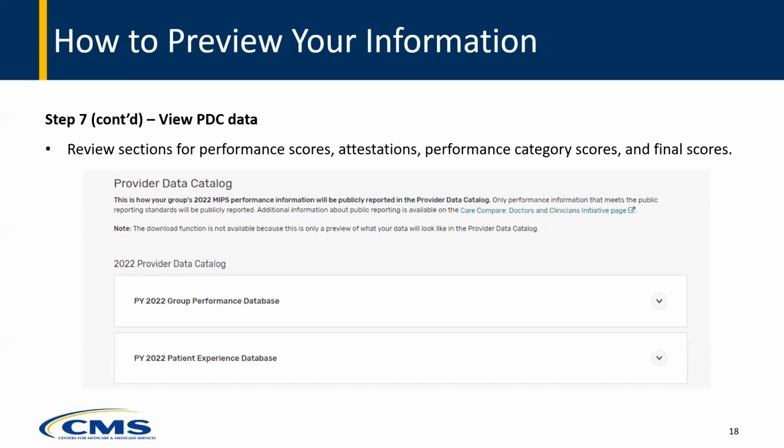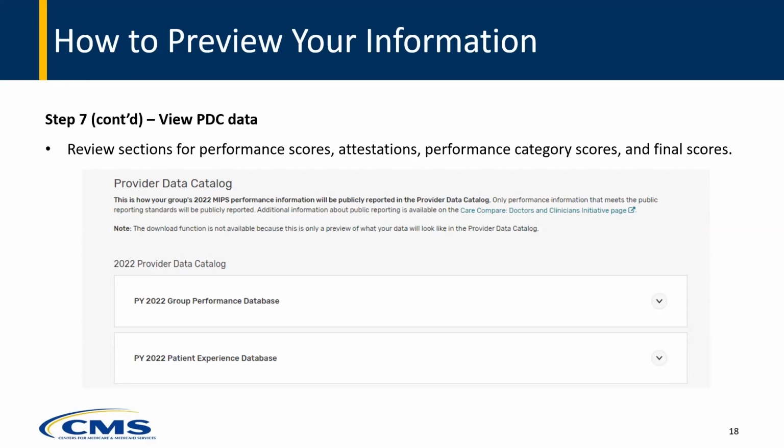downloadable. While reviewing the PDC section, be sure to expand each collapsible bar on the page. You may have up to 2 bars depending on which information was selected for public reporting. For clinicians, the possible files are the Clinician Performance Database and the Final Score and Performance Category Scores database.